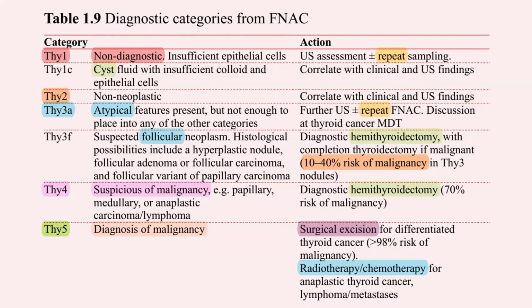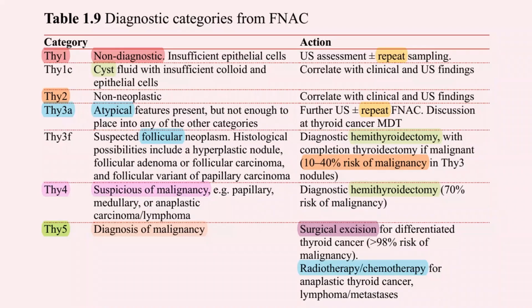This is a follicular neoplasia, and the risk of malignancy is about 10 to 40%. And in some of the previous exams, they asked about this percentage. Thy 4 is suspicious of malignancy, and we should go to hemithyroidectomy or diagnostic lobectomy because the risk of malignancy is about 70%. Thy 5 is a diagnosis of malignancy, and we should go to surgical excision in a case